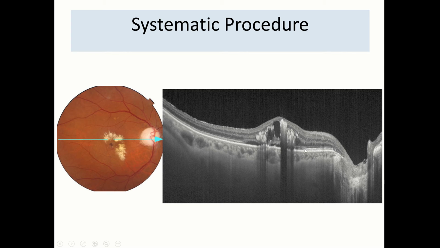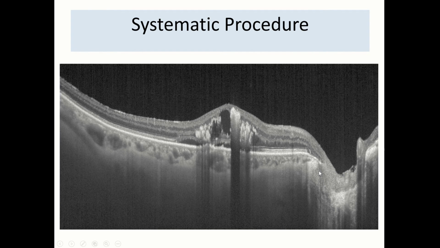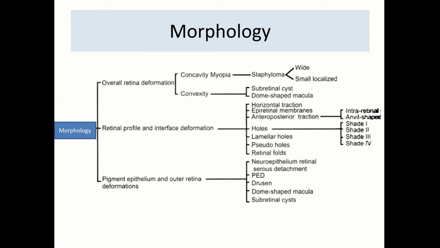So it was a patient who had wet AMD associated with exudative leakage, although you do not see that big retinal pigment epithelium, but this was representing that thickening of the area. Then for morphology, you look at overall retinal deformation, retinal profile and interface deformation, and pigment epithelium and outer retinal